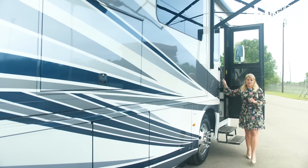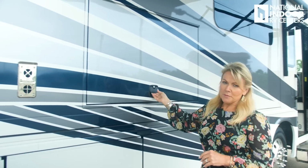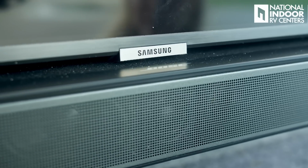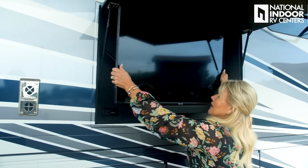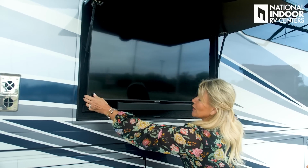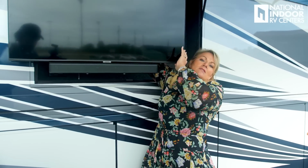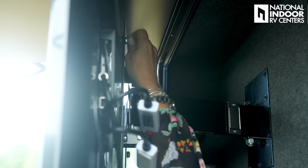Now, another optional feature that you can get on the Kountry Star is this exterior entertainment center. We've optioned it in. Most of our guests like to have that option. Look at that nice big TV. You have your 43-inch Samsung TV with the Bose soundbar. And it even comes out and you can direct it to wherever your guests are sitting or away from the sun. Another bonus is that you can tilt it. So there's just a little toggle switch here in the back. You're just going to pull that forward, and then